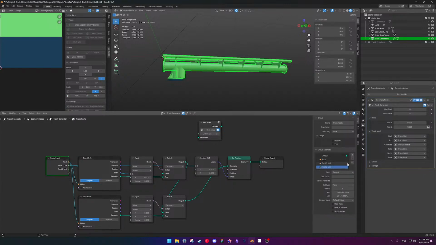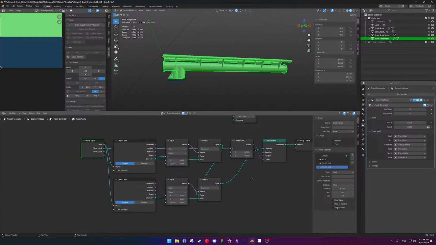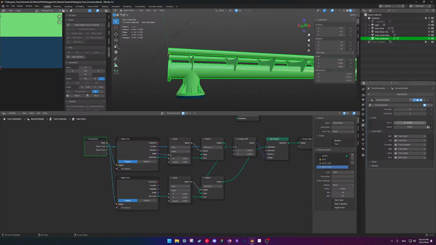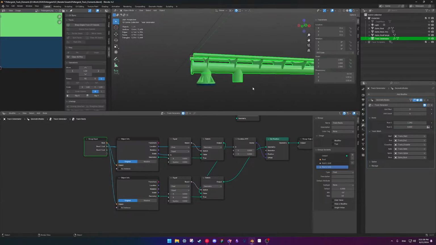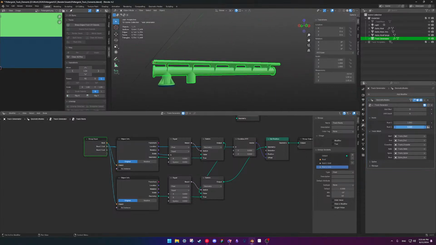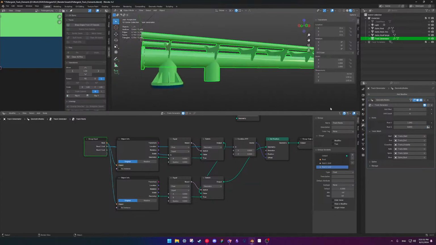Float. And this is also a float. Alright. I like the system. I want to use the same. I want to make a duplicate.